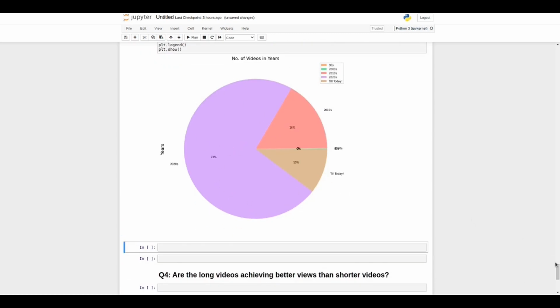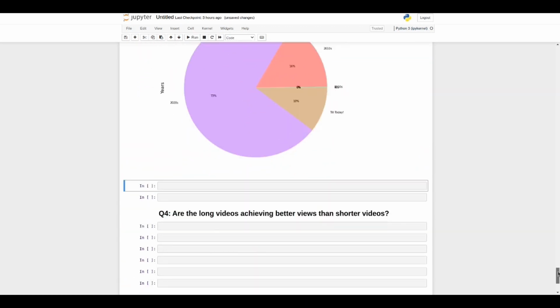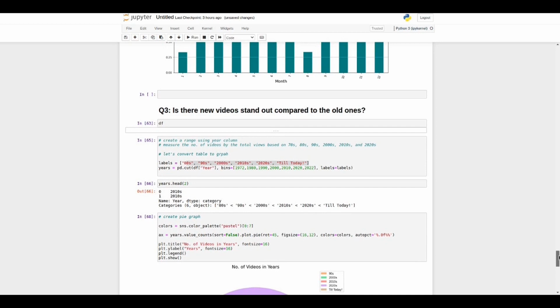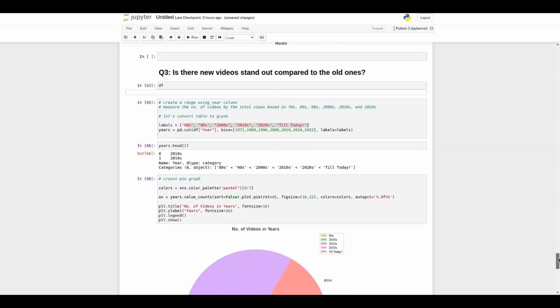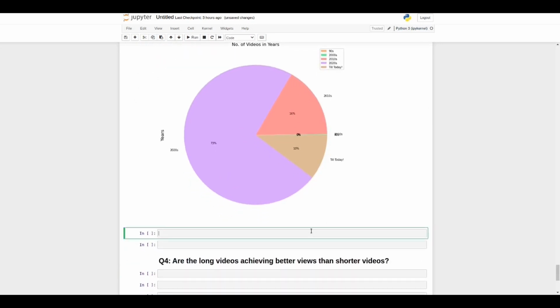So we have the videos, the number of videos in years, and our question is: do new videos stand out compared to the old ones? So we need to highlight the speakers because we want to see the latest videos and see the most successful, popular speakers in recent days. So yeah, let's see. We have here the most popular videos, or the newest videos,